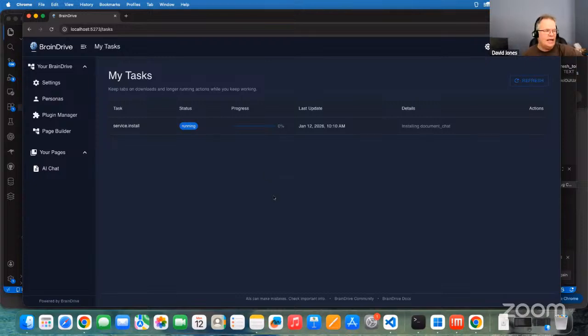On the back end, there are two services that run. Currently, right now, it's the document chat. Whenever you go into AI chat, where we'll do the demo, it will first reach out to the document chat service. It will say, hey, the user here is looking for this type of information. Do we have anything in the database that they have chunked up prior to this that we could offer to help ground the conversation in some actual data and not rely